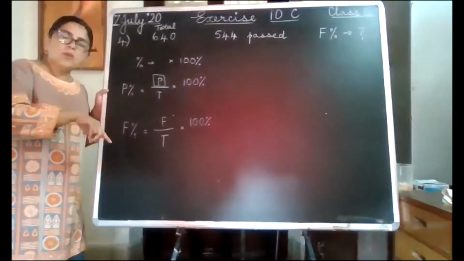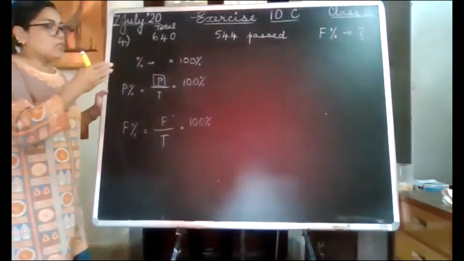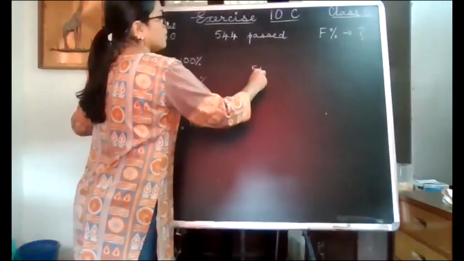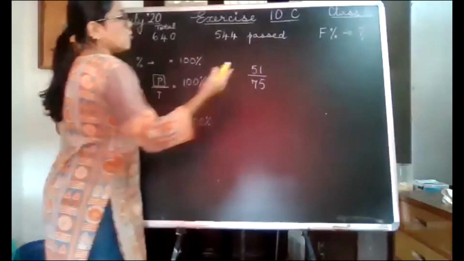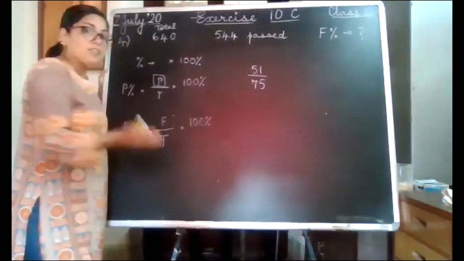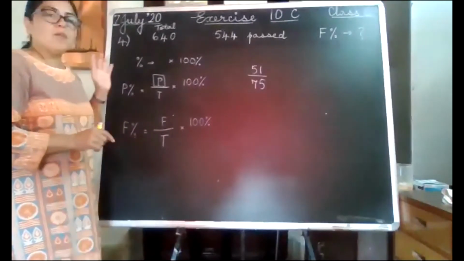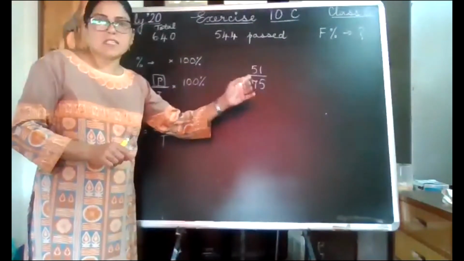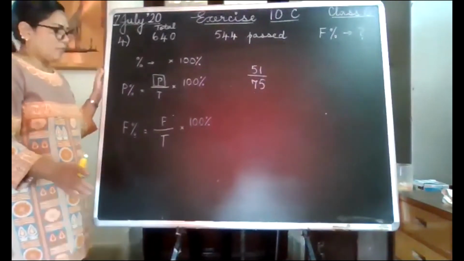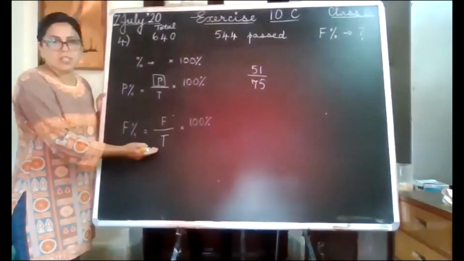When we did the earlier question also, you must have observed that they secured so many marks. Okay, she scored whatever number of marks, say 51 out of 75. So what was 51? The marks that she scored. And what is 75? The total out of which the test was. Okay, so the total is always written as the denominator. So you don't have to learn anything by heart in this. And otherwise also it is common sense that these many failed out of these many.